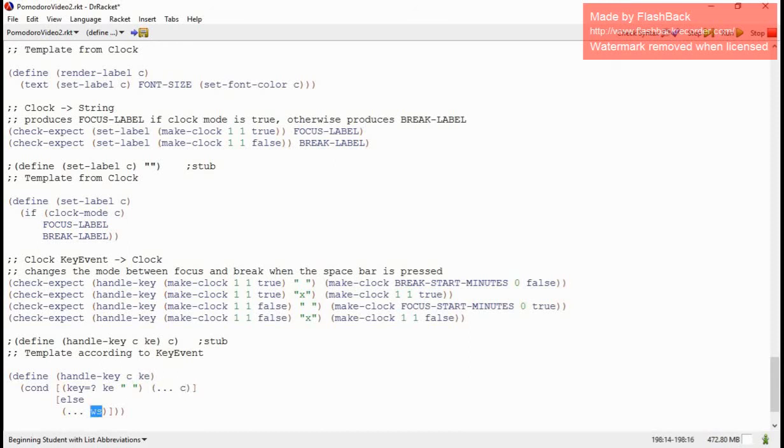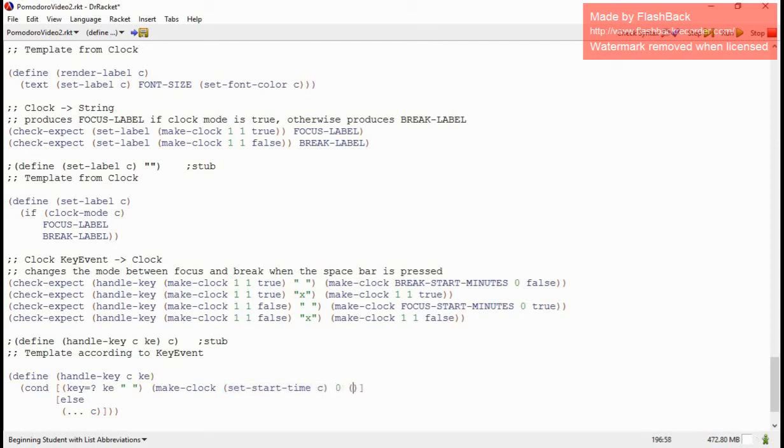So after the dots, in both cases it's C. So we have the first cond, and when we have a spacebar, it's going to change modes, and it's going to restart. So we'll do make-clock, and we already have a helper function that we